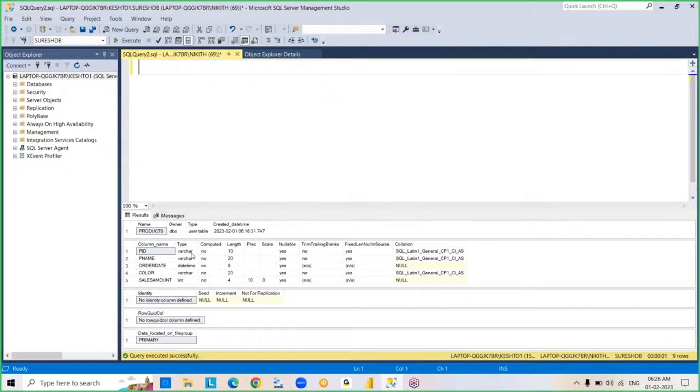So this is the way we alter a table. You create a table in the beginning. After that, you added new columns to the table, dropped a column, and changed the data type of a column. So different types of operations you performed. Right? And so now